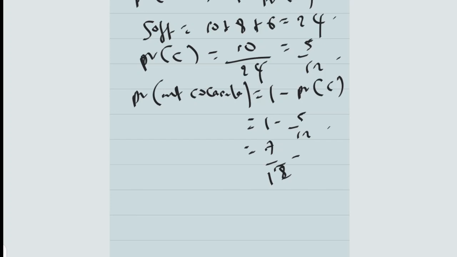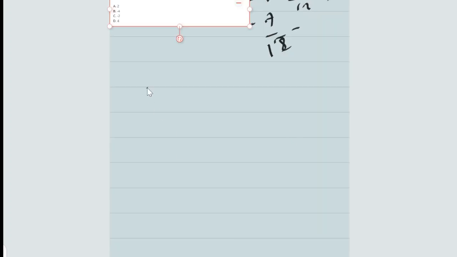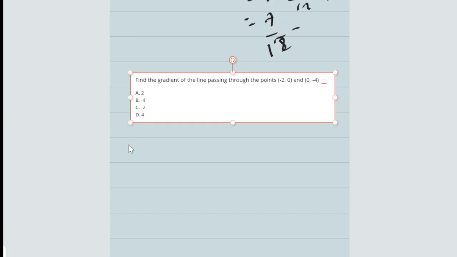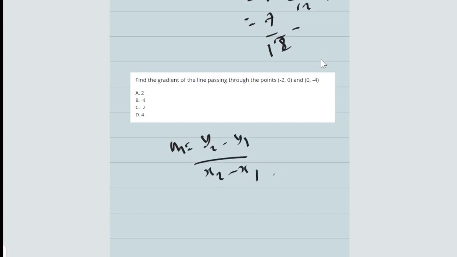So, okay, now the next question is on geometry. I think we are asked to find the gradient. You know, geometry also came out in the last video, that is 2021. We are asked to find the gradient of the line passing through these points. What is your gradient? Gradient is the same thing as slope. It is given by this formula, y2 minus y1 over x2 minus x1. And you know, this is my x1, y1, x2, y2. I hope you understand now.